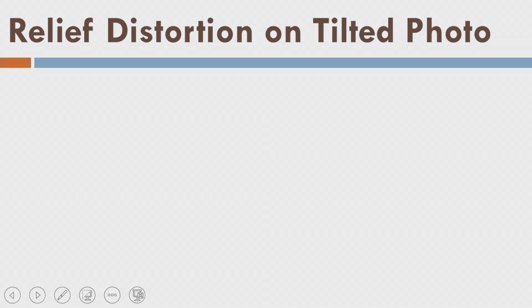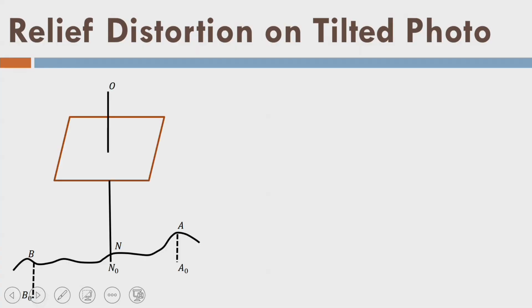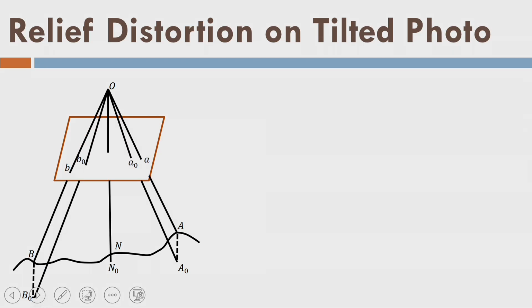So, let us look into the relief distortion on the tilted photograph. So, this is point A here, this is another point here, A0 I can say, okay. So, let us see this thing A0 here. Now, I am drawing some animations, you can see very carefully, they are very easy to understand, isocenter. So, now this is the situation here, right. And now, that is R0 distance from isocenter to the B0, that means this is the B0 here and this is the B point and this is the height HB here.